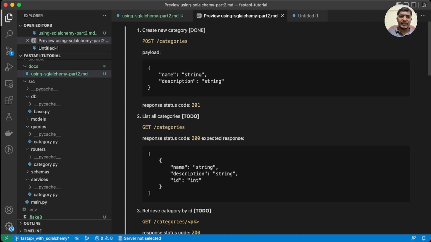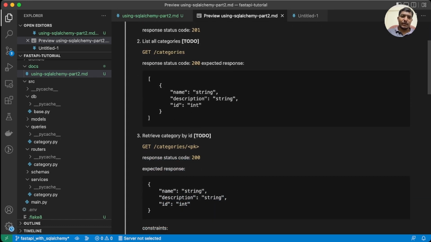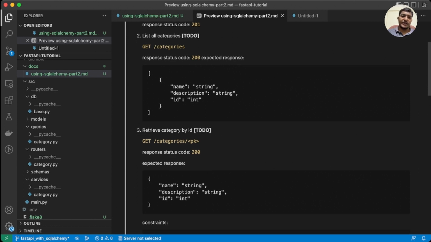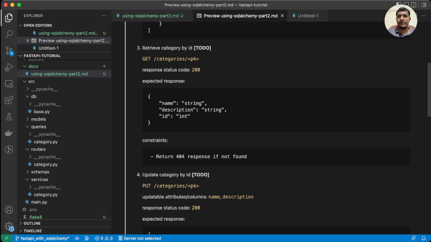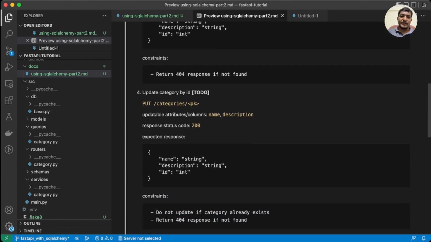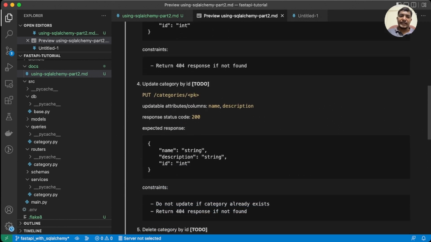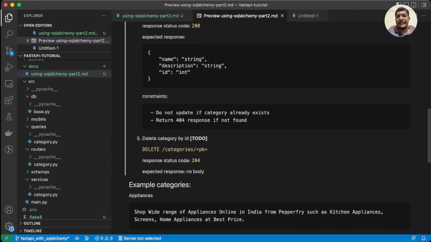So we will be implementing these APIs. If you see, we already implemented the create a new category API. So we will be implementing the list all categories API, which is a GET request, and it retrieves the information from the category table and returns the JSON response. And the other endpoint is retrieve category by ID. So if we give a specific ID of the category, it will return the response back. And we can also update the category name and description. And we also implement an API for deleting the category by ID. So let's get started with